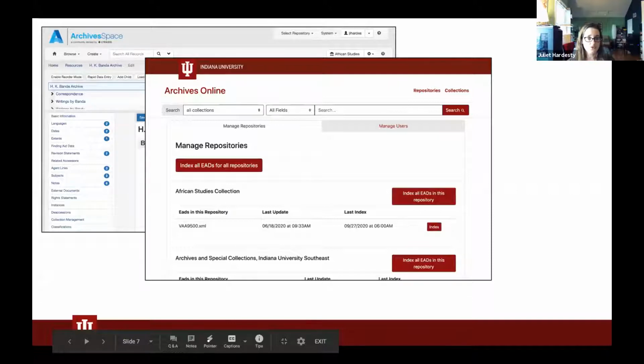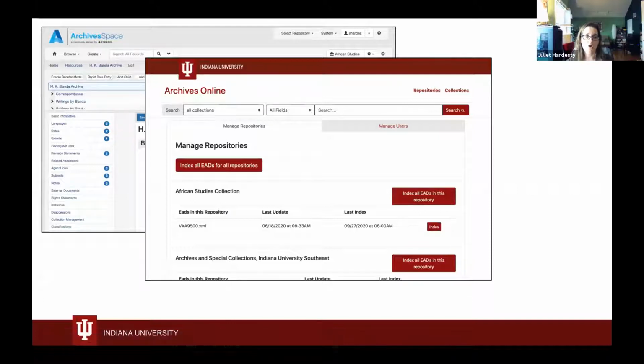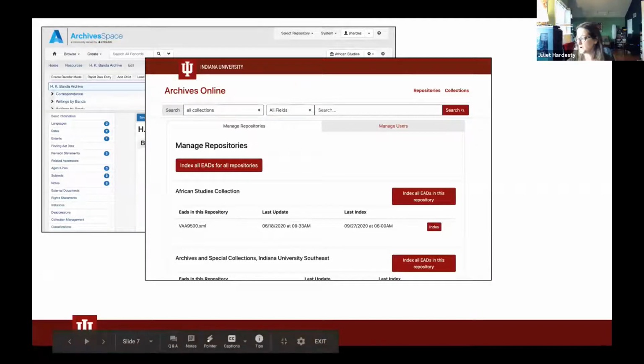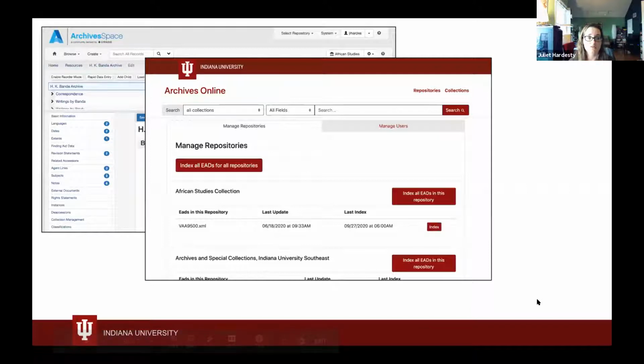From there, the server hosting ArcLight is watching that exposed EAD for updates and uses that source for updating the ArcLight index. And this work was started by folks at Notch 8, who contracted with us at IU to start this IU specific work for implementing ArcLight. So this isn't part of any of the community ArcLight work, but we needed it in place at IU in order to have a functioning production system at IU that could go between ArchivesSpace and ArcLight.